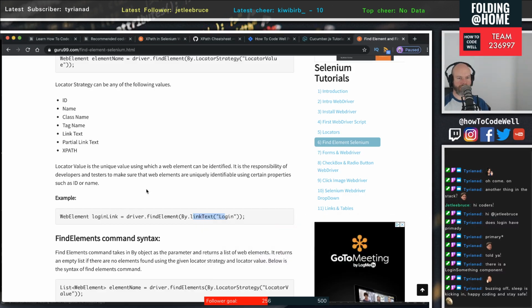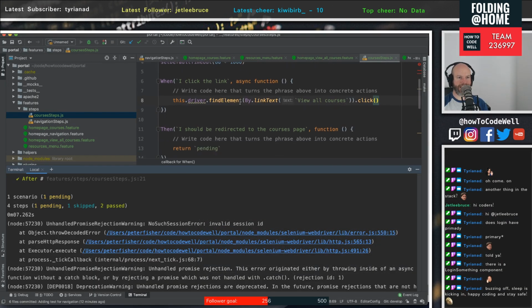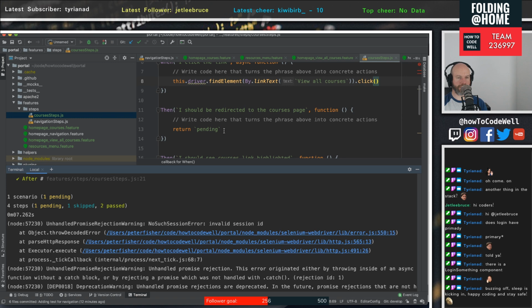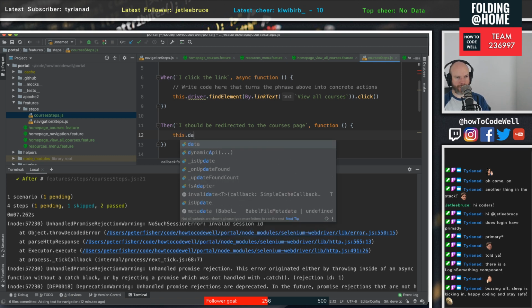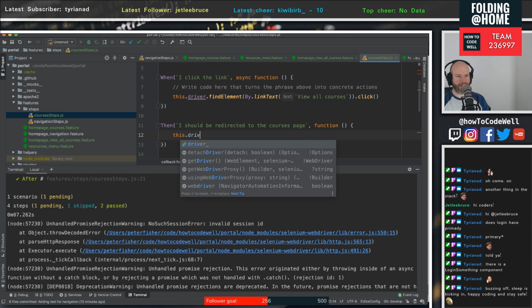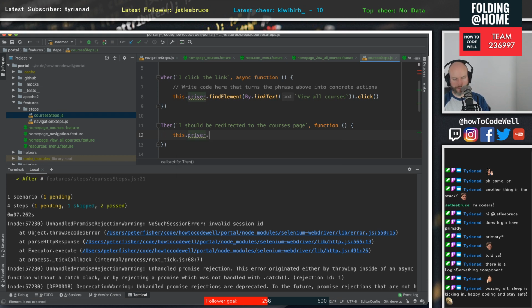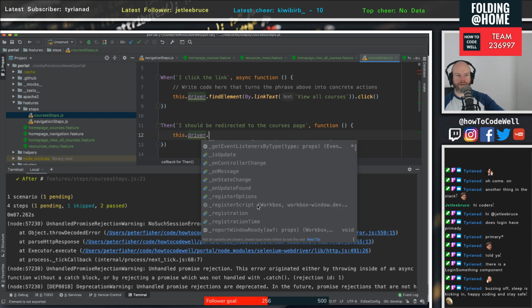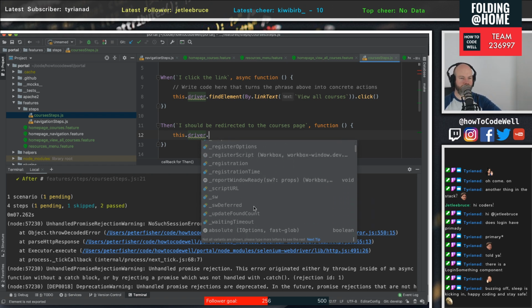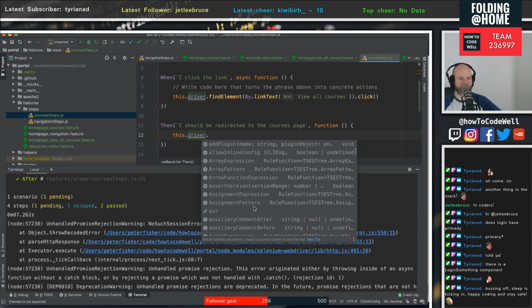Okay, so let's take a look at that. So then I should be redirected to the courses page. Here, how do I check that I am actually on the courses page? Is there a way I could do this with the driver and then sort of find the... what have I got here? I was kind of thinking of just looking at the URL, making sure the URL has